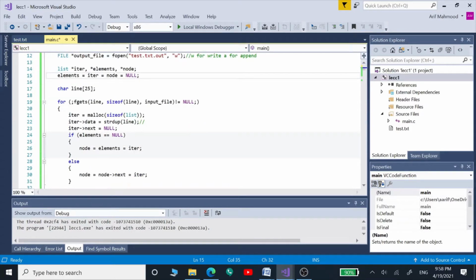With them we are going to create our list, and here we have defined a string, the variable line, and we are going to use this string in this for loop. We are going to use the fgets function to read our input file, and whatever the input file lines are, we are going to store those as strings in this string variable using this for loop.